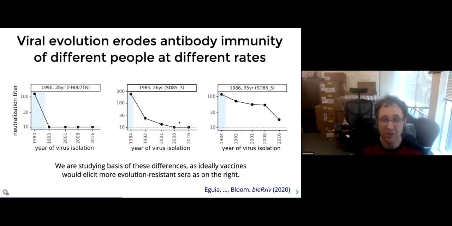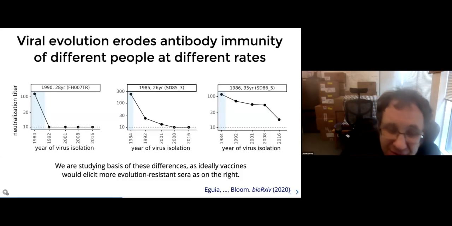However, one other interesting thing that we noted is that this viral evolution erodes the antibody immunity of different people at different rates. So for instance, if you look at the far left and the far right of this plot, here are two different people. Both of them have similar neutralization titers, a little bit greater than 1 to 100 against the 1984 virus. Yet this person's antibody immunity was essentially completely eroded, at least in terms of its neutralizing activity, by 8 years of viral evolution. Whereas this person's immunity, although gradually eroded by viral evolution, stands up to it very well. So even 3 decades later, they can still neutralize the descendant viruses from the one in 1984.